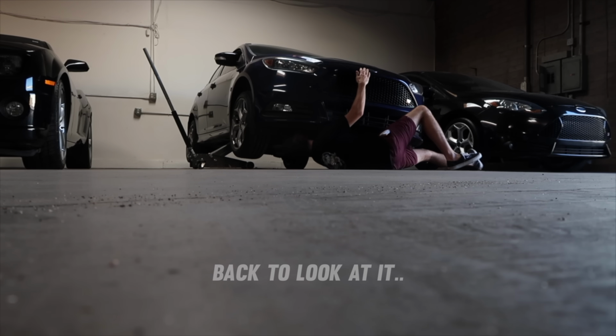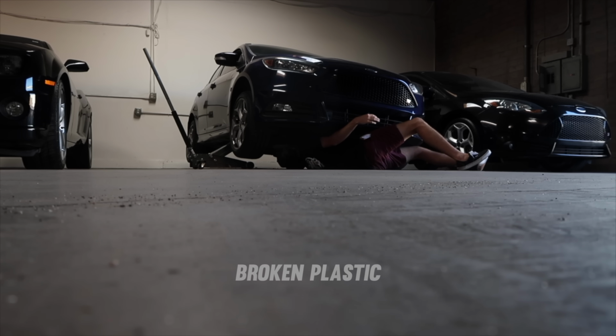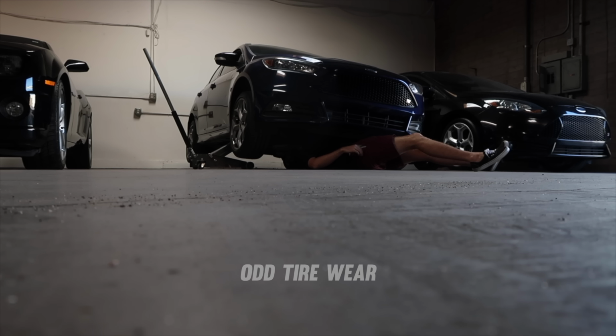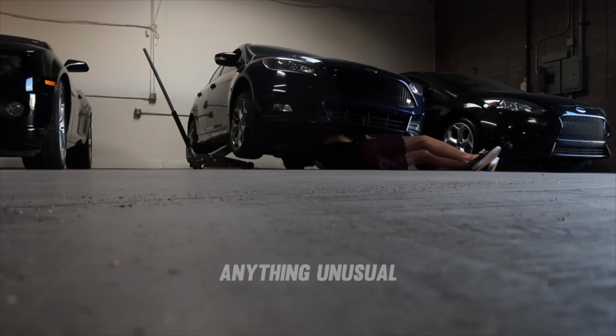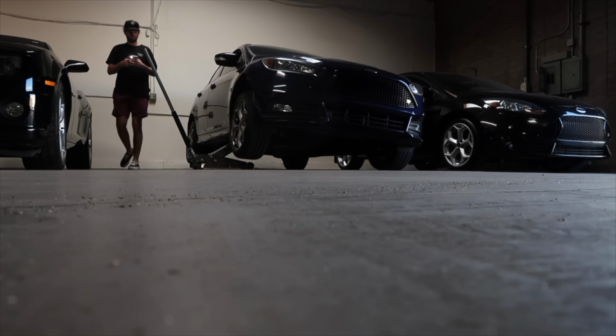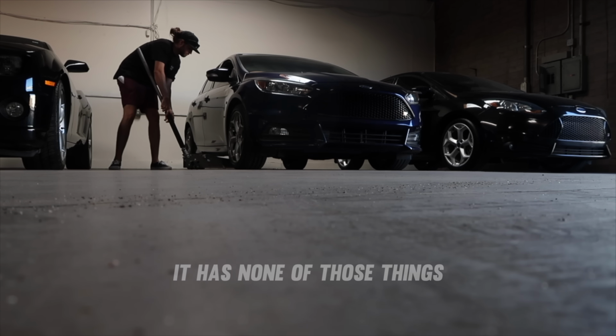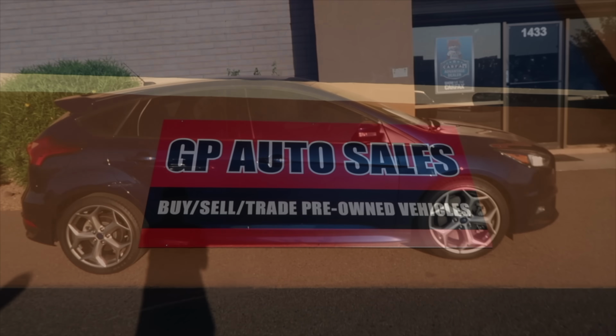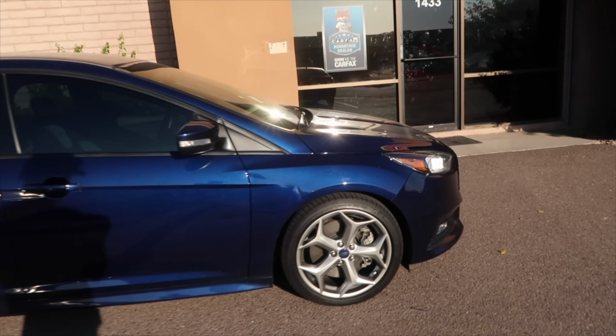It is a couple $1,000s more than I want to spend, but I know I'll get that out of the car at the end when I get rid of it. Clean title, lower miles, like 47,000 miles. Well, boys, we did it. This is the new project, 2016 Focus ST, completely stock besides the